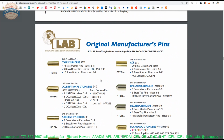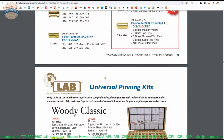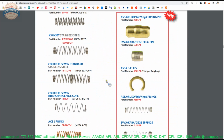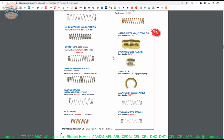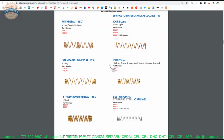You need to think about the drivers. You don't want to have premature failure on your client's lock. You're taking ownership of it to give it back to them in a condition of where it was originally engineered. With your springs, lots of different springs, and it's really, to me, fascinating in the sense that